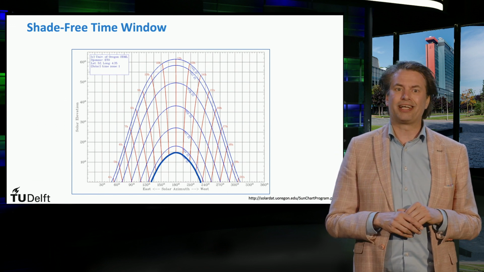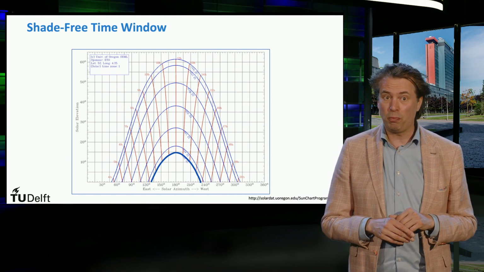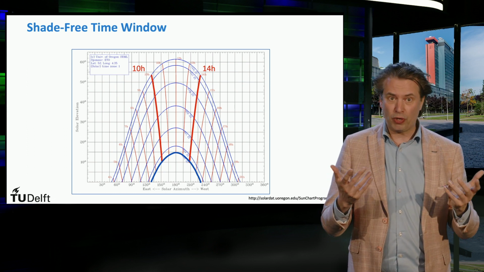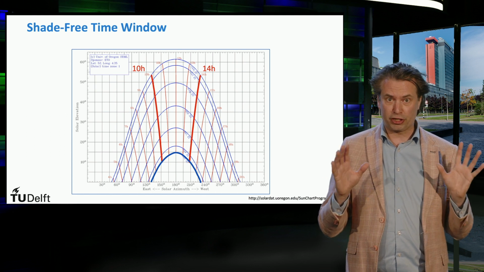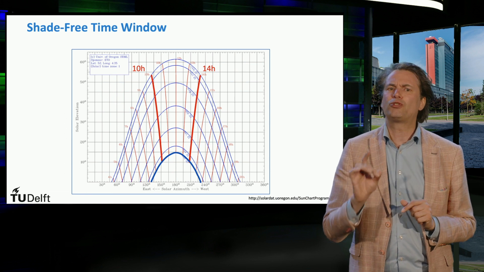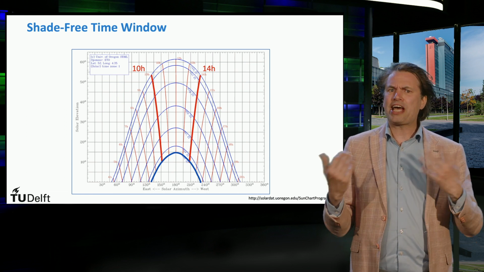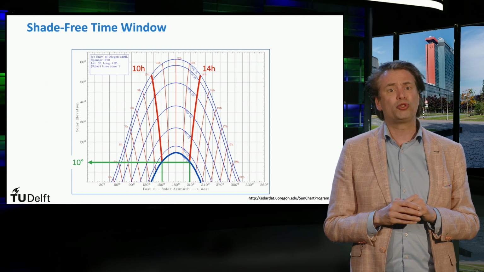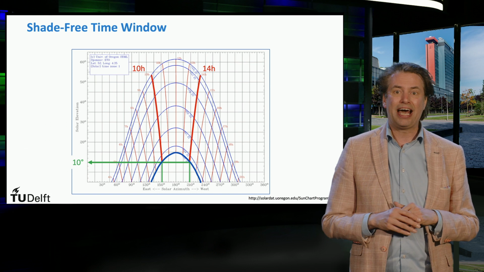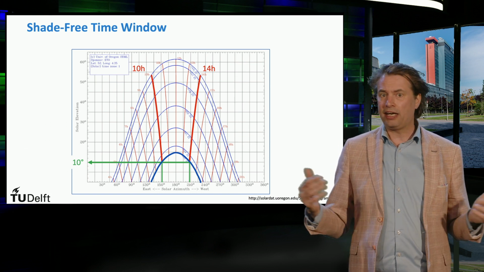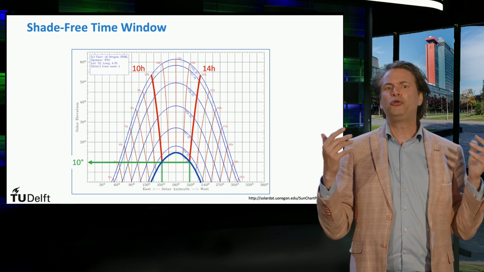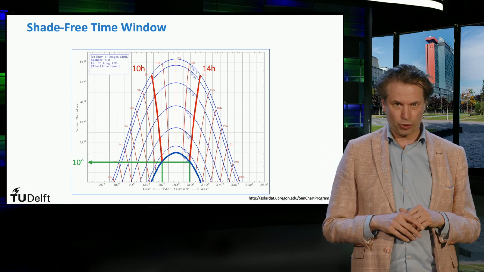At this point we select the shade-free time window between 10 a.m. and 2 p.m. and we want to ensure that the rows are not mutually shaded on the winter solstice. Starting from this window highlighted in the chart, we can draw a horizontal line out to the left of the chart that points to the solar elevation angle at those specific moments. In our case, it is estimated around 10 degrees, which will be used next to determine the module row spacing.